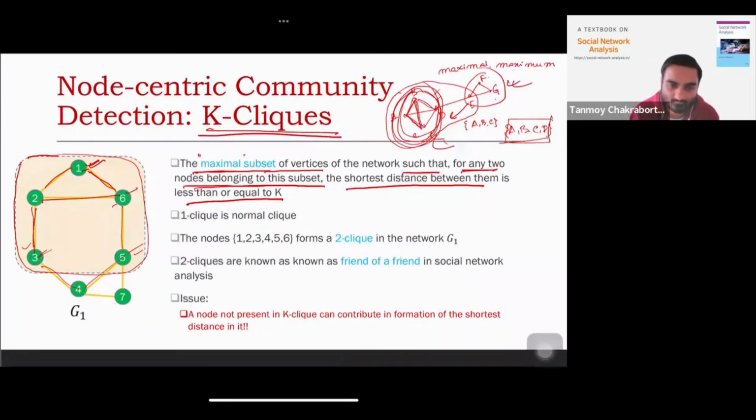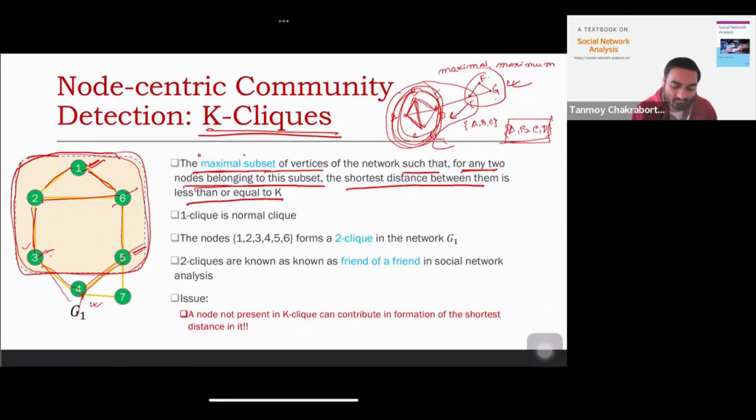Okay. So what is the problem here in this definition? This is okay, but K-click has a problem. The problem is that, as you see in this particular case, when I measure the distance between 3 and 5, I only consider this part. I basically use the path through 4, right? I consider this path